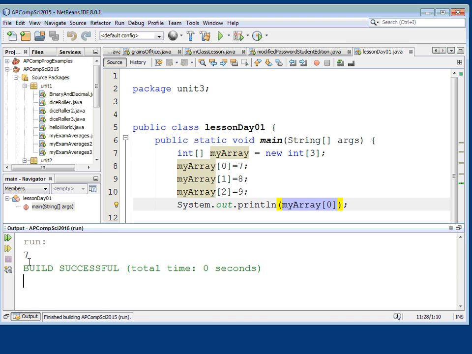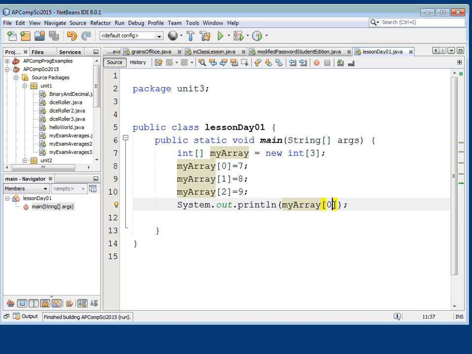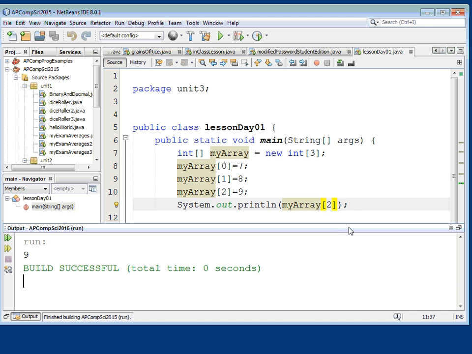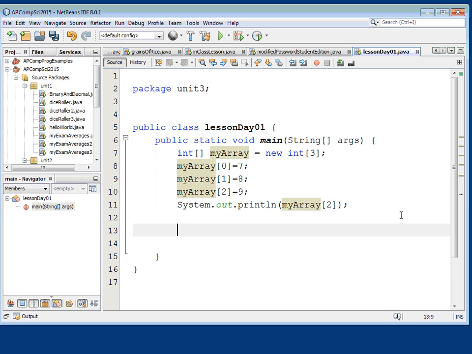It's printing me the 7. If I change this output statement and I print item 2, now it's going to print me the 9, because it's going to print the third item in the list, which is index 2, and it's going to print me the 9. Okay. It's important to realize that right now, basically in memory, I'm going to make a comment here